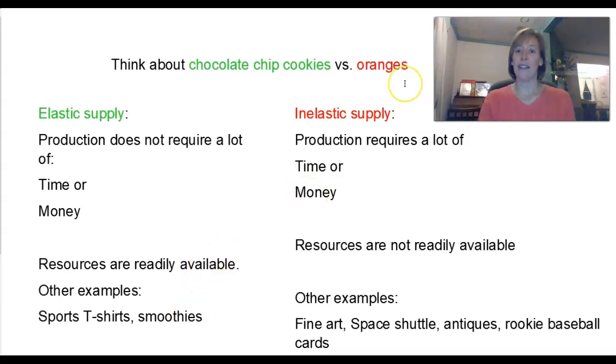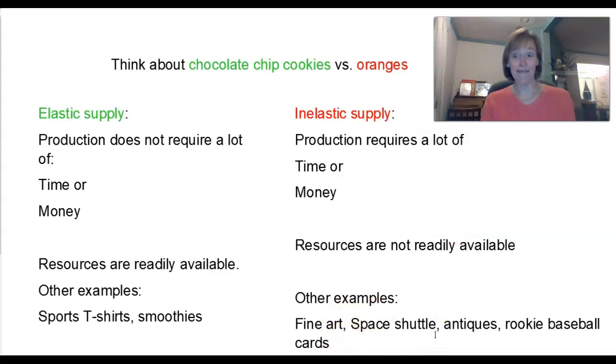On this other side, we could consider oranges. Oranges grow on trees and need hot weather, and it takes an amount of time for oranges to grow. So even if the price people were willing to pay for oranges increased, the production of oranges requires time, it's the biggest factor, and requires money and resources not readily available. We can't increase the intensity of the sun, we can't predict the rain, we can't make the growing go any faster. Some other examples of things where the supply can't really respond quickly to the price would be fine art,